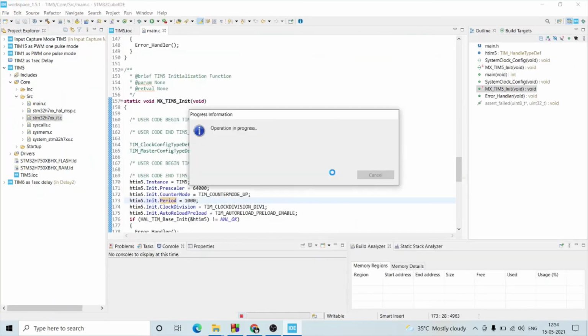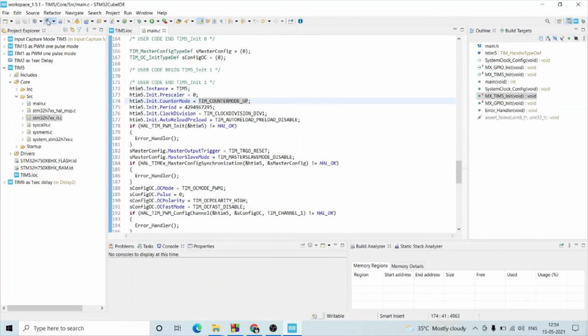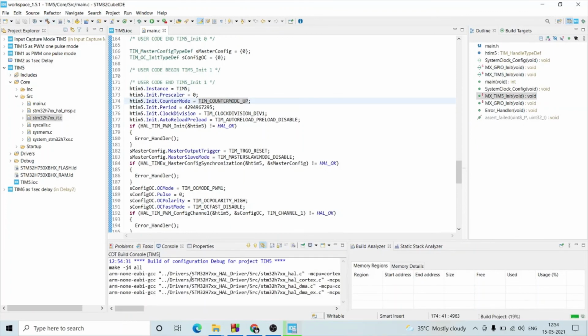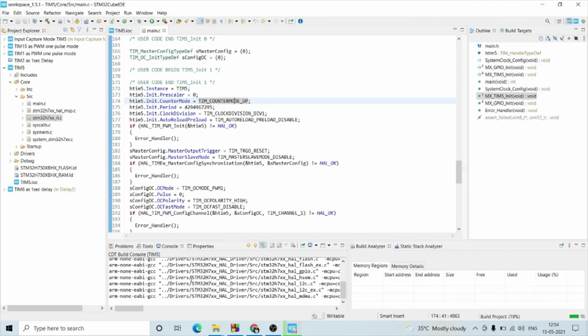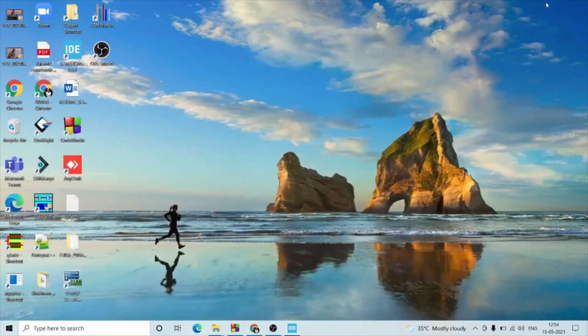This is the same as CubeMX. We are going to see the IDE right now. Here is the build button, so we need to click on that. It will build our firmware. Whatever code we have written, it will show zero errors, zero warnings for the code. So that's the demo for CubeIDE.